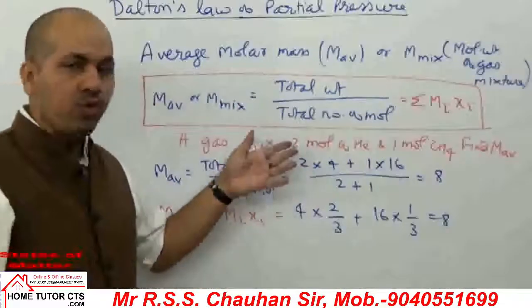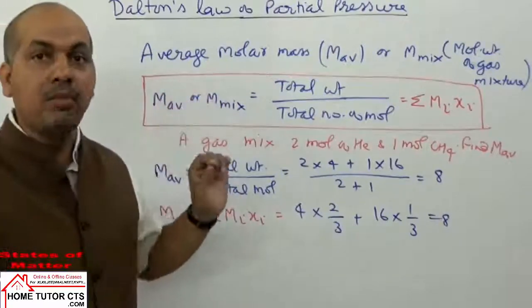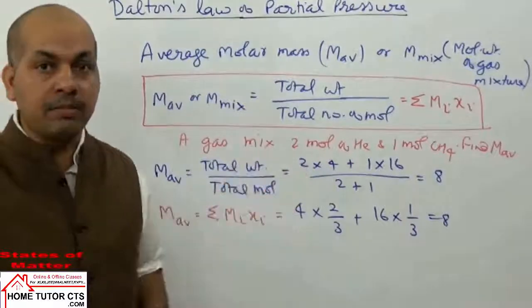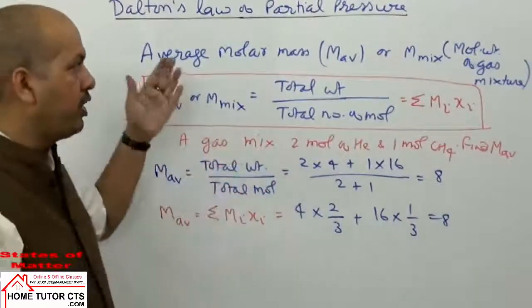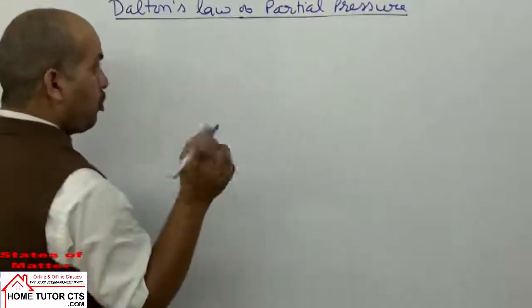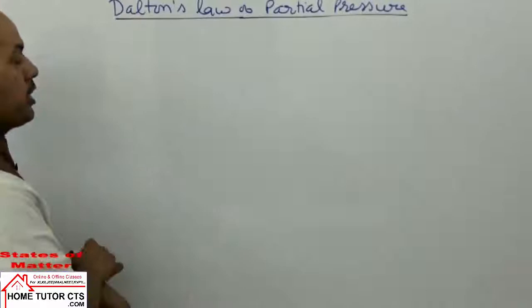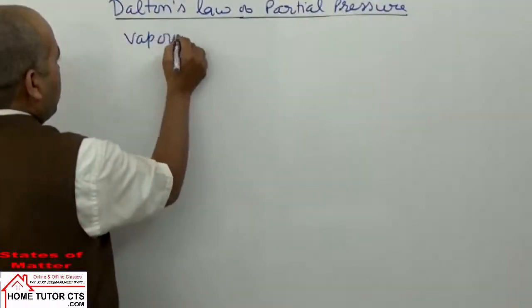Now before we take questions, one more term is used in question solving, that dry gas and moist gas. In that term to study, we will take one term called vapor pressure first. In the study of Dalton's law, when we take pressure of dry gas and moist gas, relation is there, so we will use one term, vapor pressure. Before we take that relation, we can take the meaning of this term, vapor pressure.